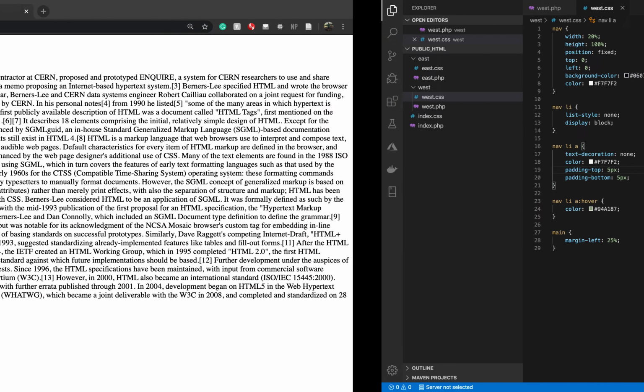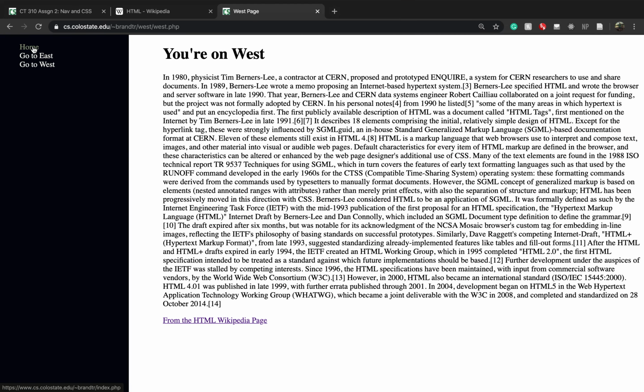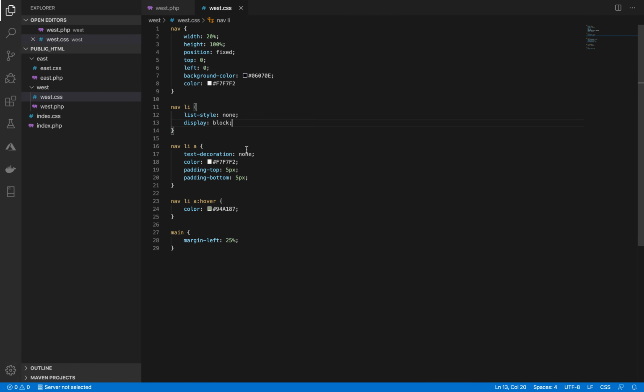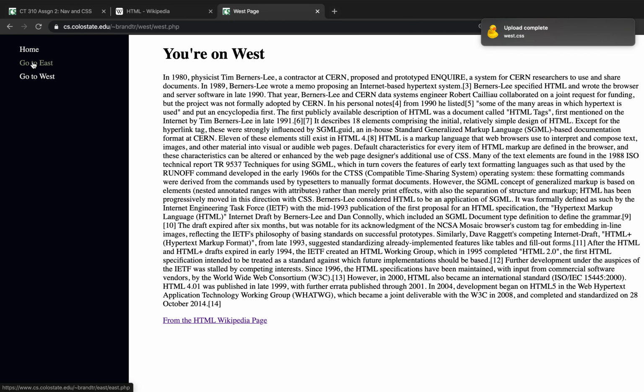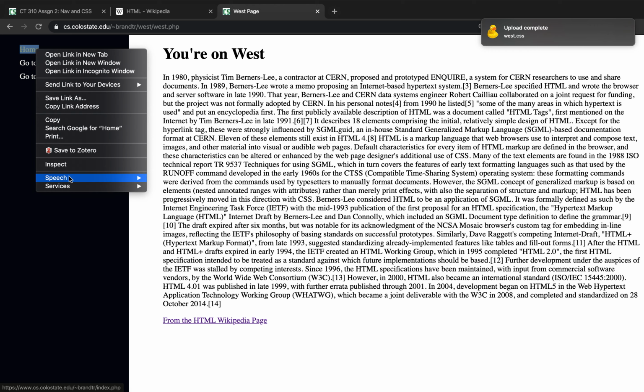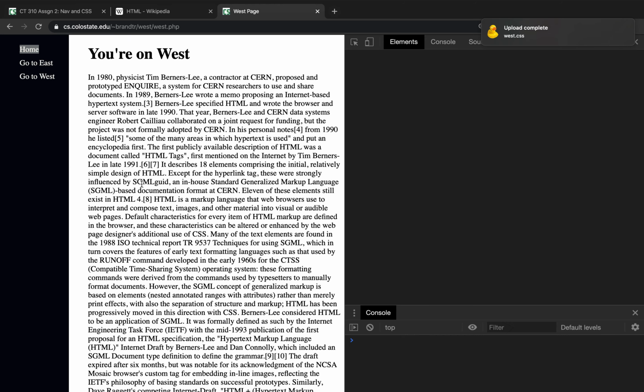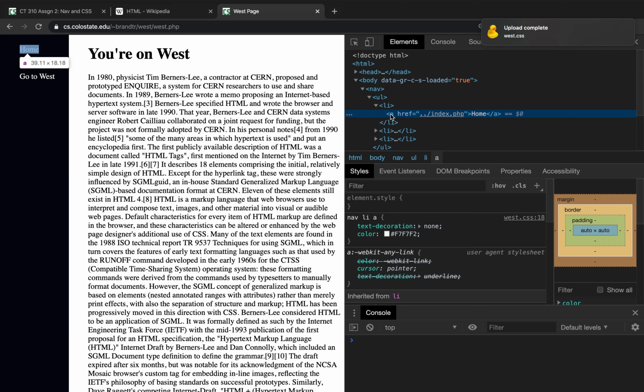I wonder why that padding didn't have any effect. Maybe it's because I got to put them on here. There we go. Some padding. Inspect. If you really want to mess around with it, you could